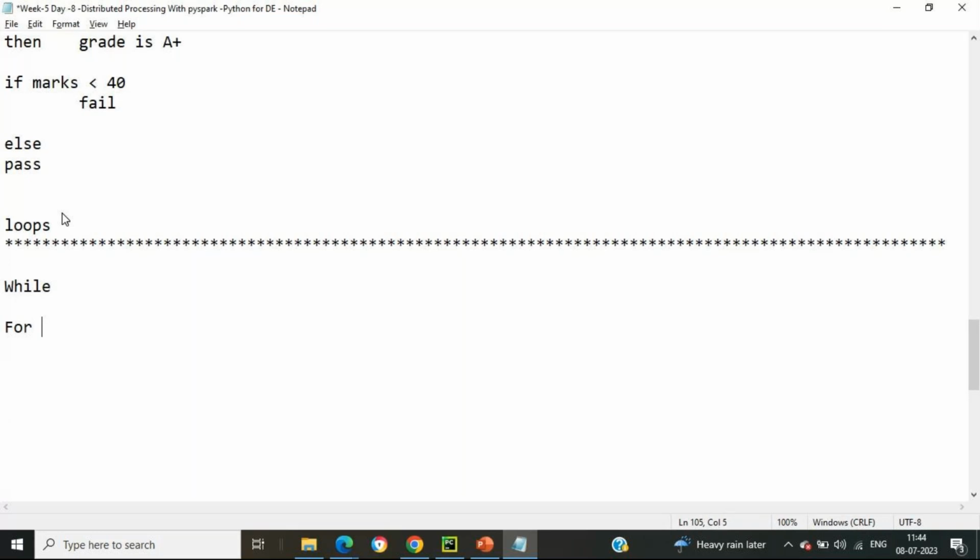Once we need to iterate, or once we need to execute a particular statement again and again, we are going to prefer loops. Iterating over a statement multiple times is given by loops inside Python. There are two types of loop: the first one is while, and the second one is for loop. Just have a look